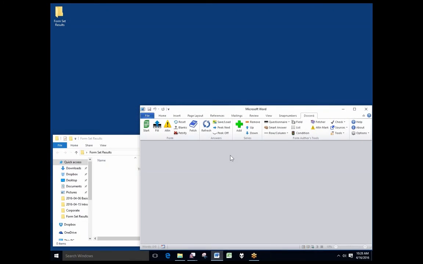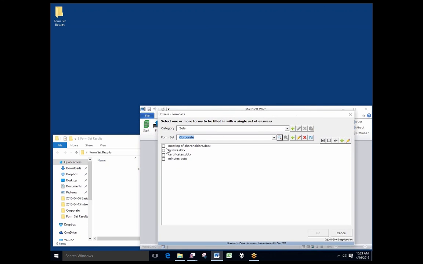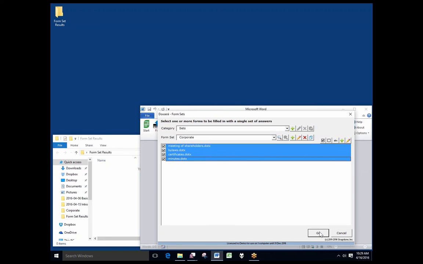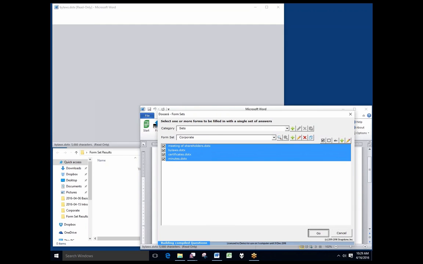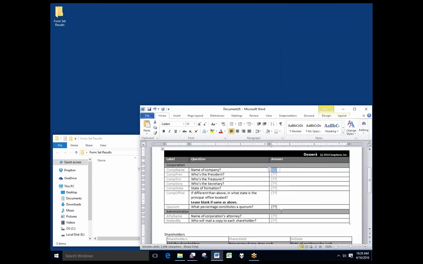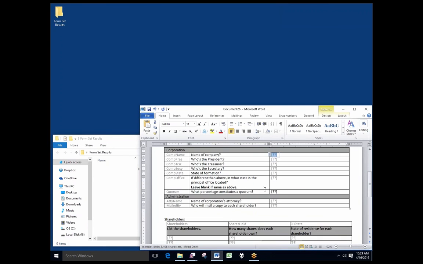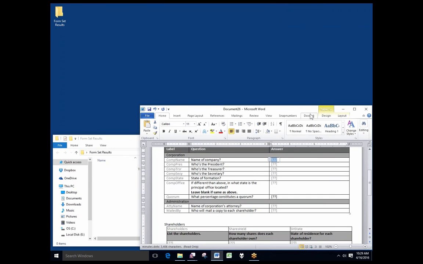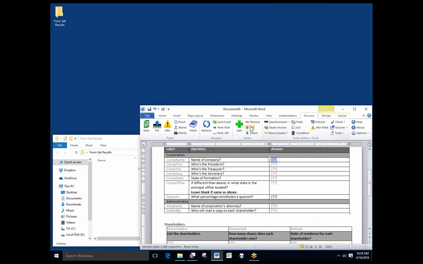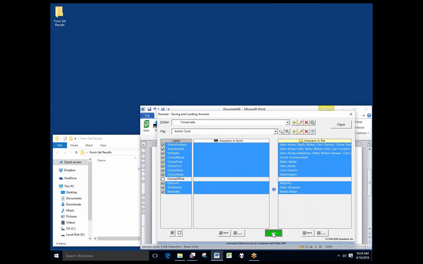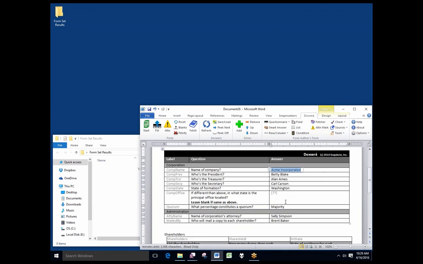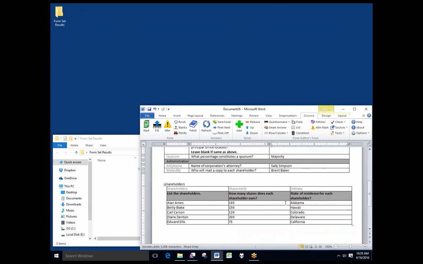Finally, Docsera allows me to process whole batches of forms at once. Here I have 4 different forms, which I'm going to fill in simultaneously. A master questionnaire is built, which includes all the questions necessary to fill in all 4 of those forms. I'm going to save a little time here by loading in some answers that I typed previously. There's my answers. And when I click the Fill button,